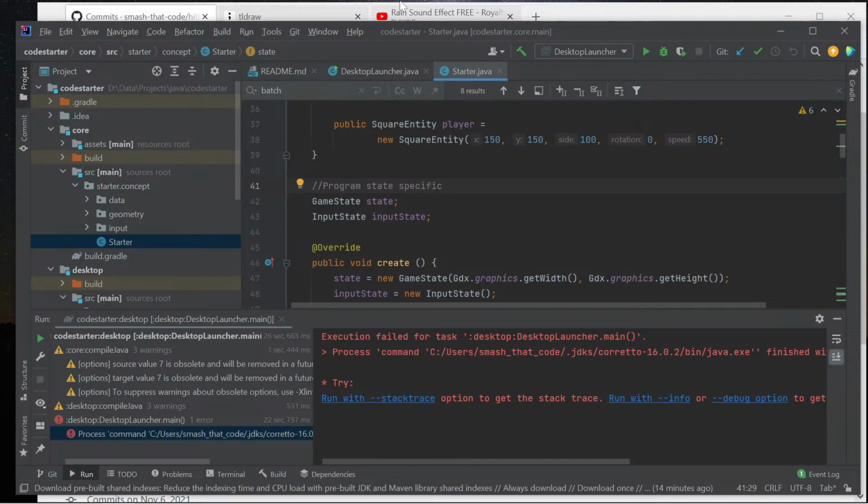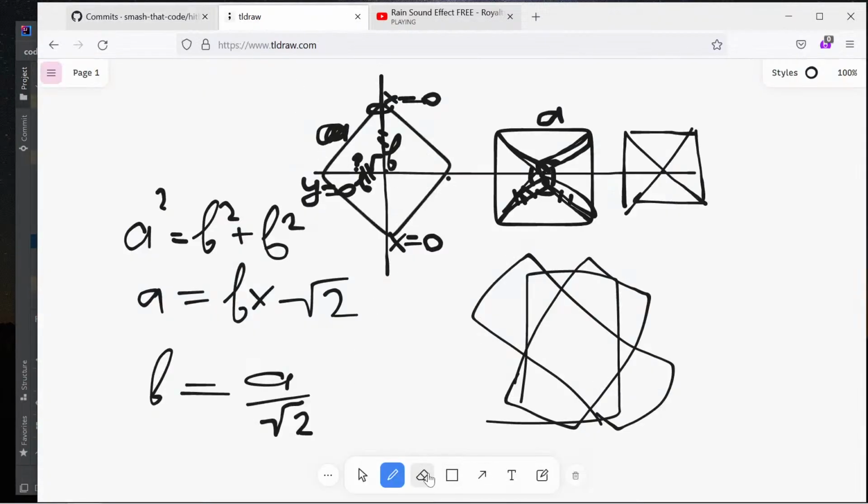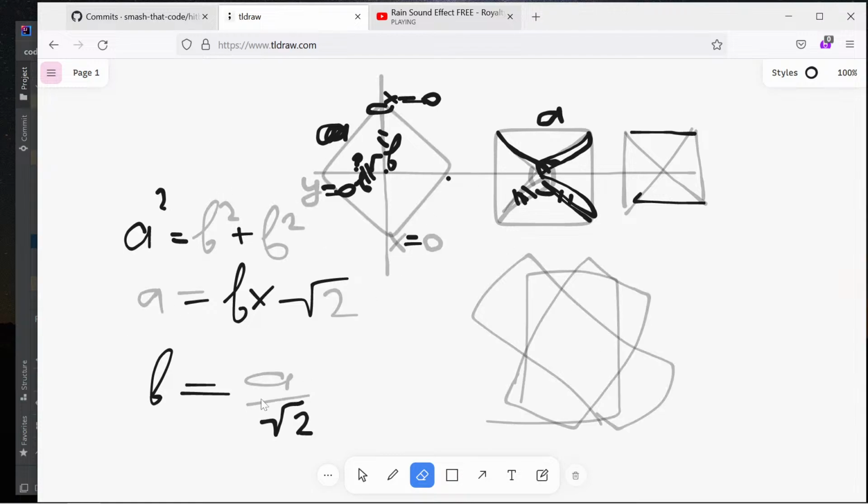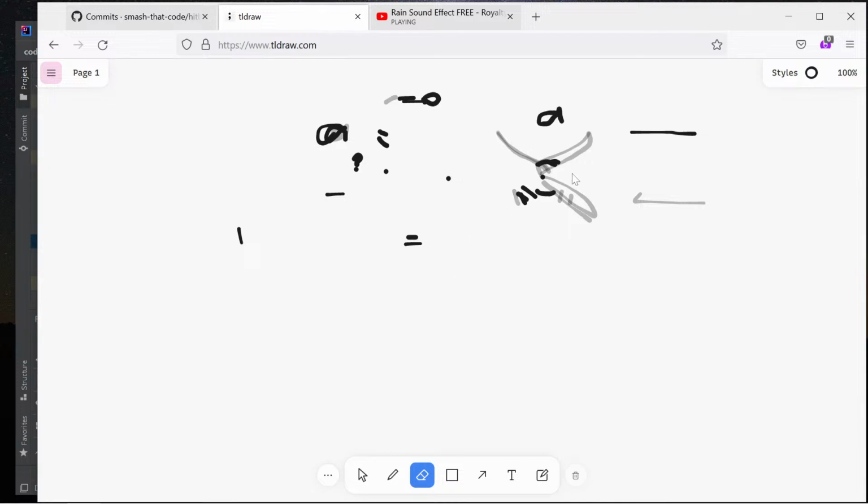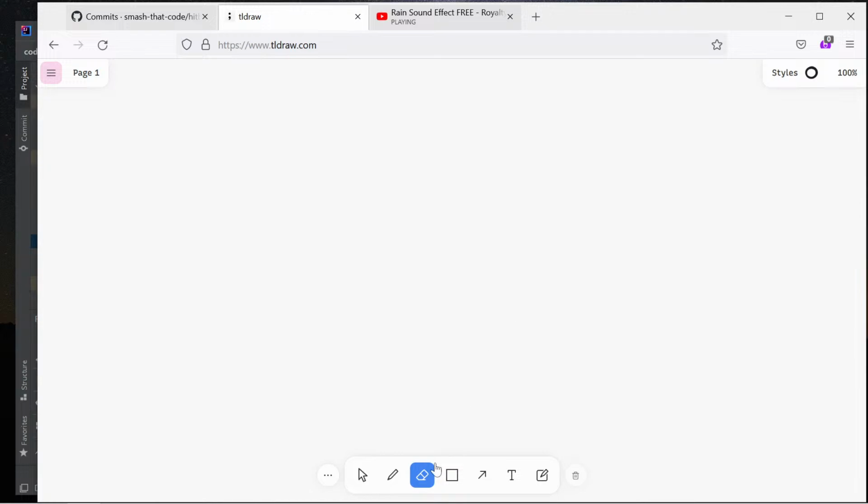So the idea is that, let's remove it. Okay, so when we have this state, I would call it,